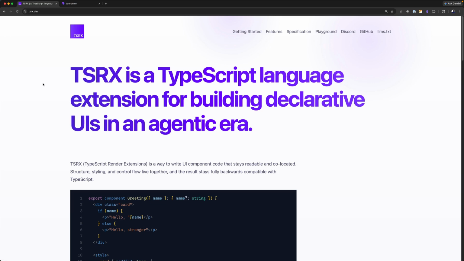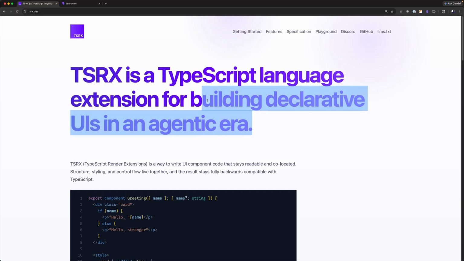So there is something very exciting happening in the world of JSX of all places, and I'm kind of digging it. This is called TSRX. I'm on their website, it's tsrx.dev. It says here it's a TypeScript language extension, and then they got some obligatory